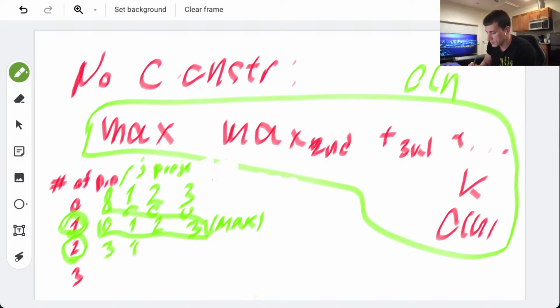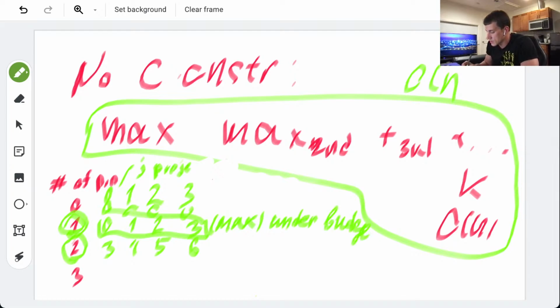This is 4. This is 5. This is 6. But the problem is every time we select max, it should fit the budget. Max under budget.